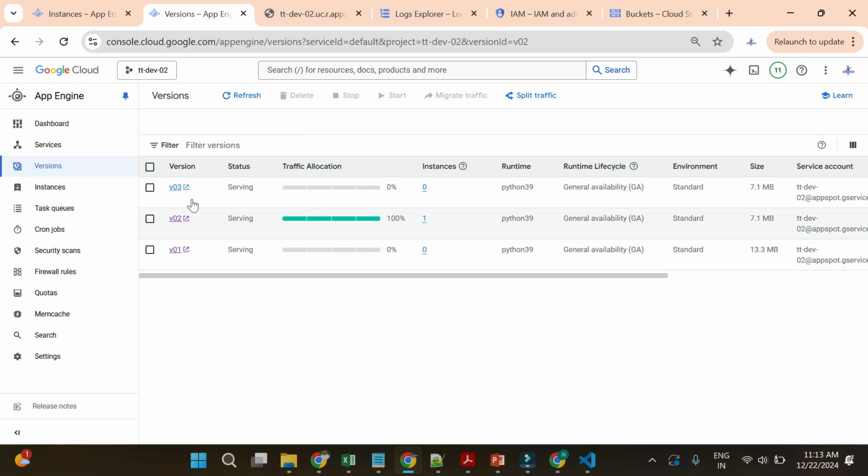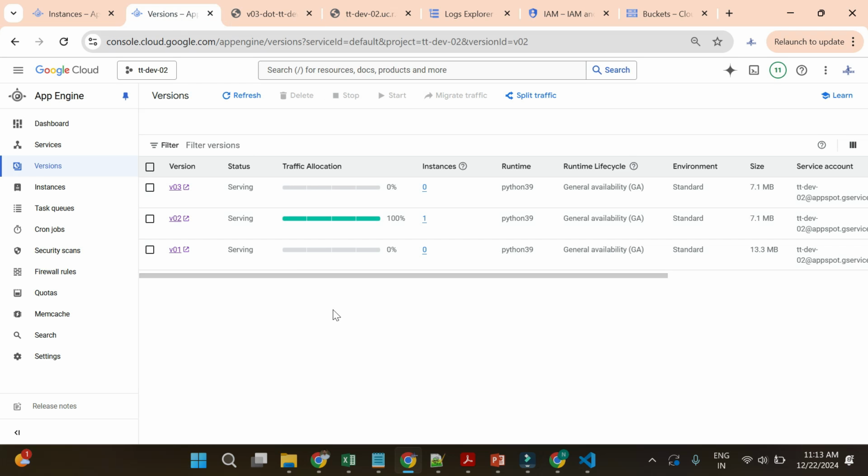Now let me try to access version 3 directly, and this is the message we updated, that this is the traffic from version 3. Now I'll do testing on version 3, and if everything looks good,